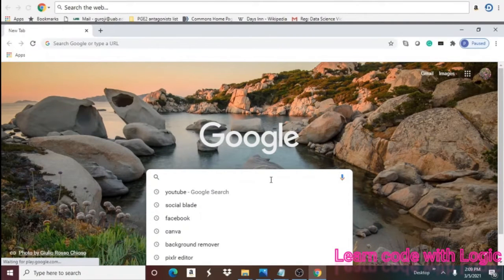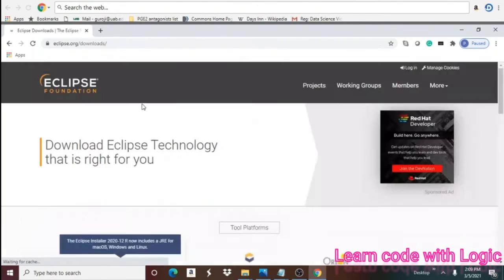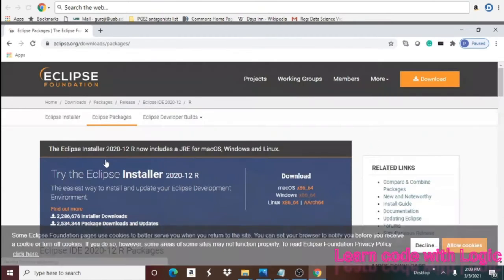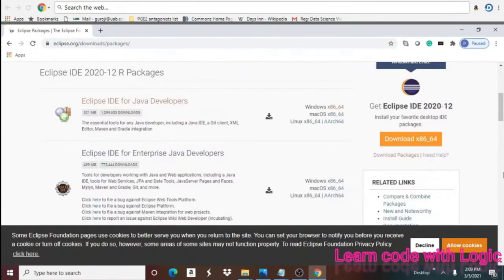In order to install Eclipse IDE, first you have to open any browser. There, type Eclipse download and click the link. There you can see the download packages. Click that one. Now you have all the options like Windows, Mac.